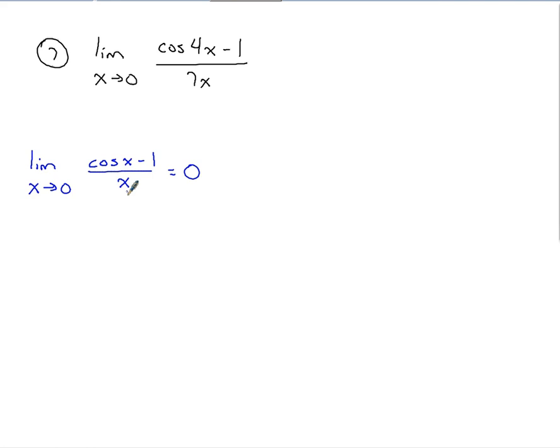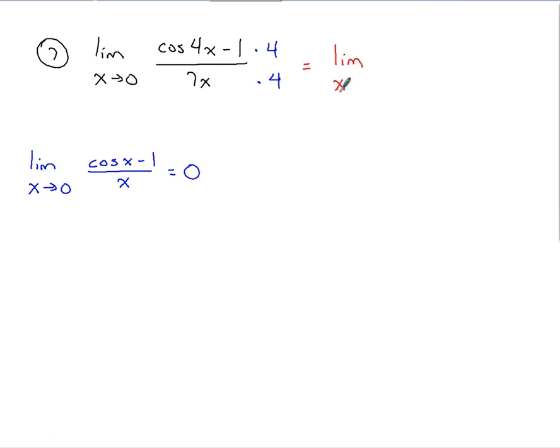As you can see from how this problem's set up, my argument on the cosine function is 4x. I would like there to be a 4x down here. Since it's a 7x and not a 4x, and since I at least have the x, all I have to do is multiply the bottom by 4 and multiply the top by 4. If I rewrite this now,